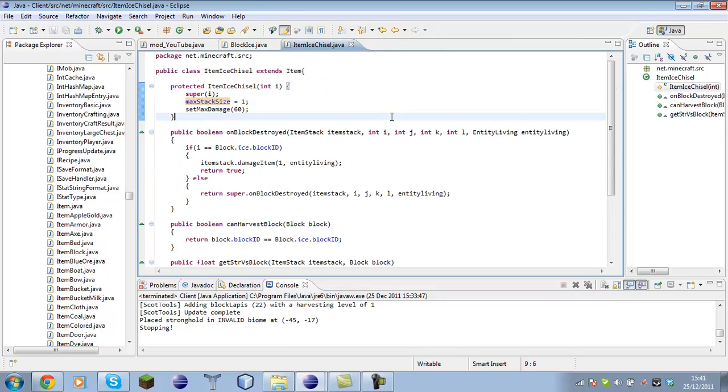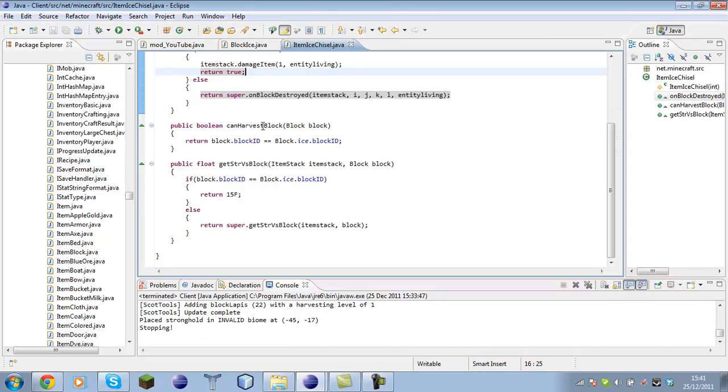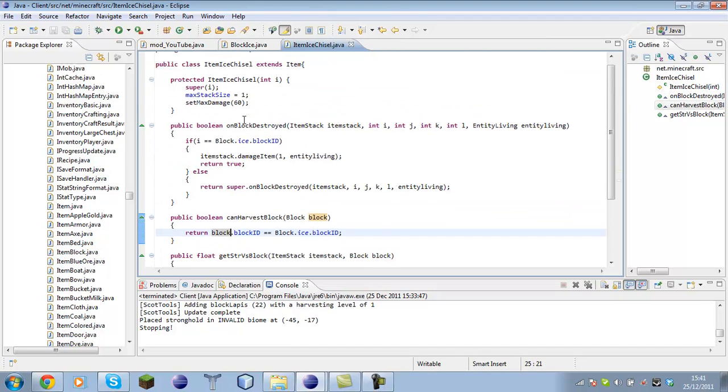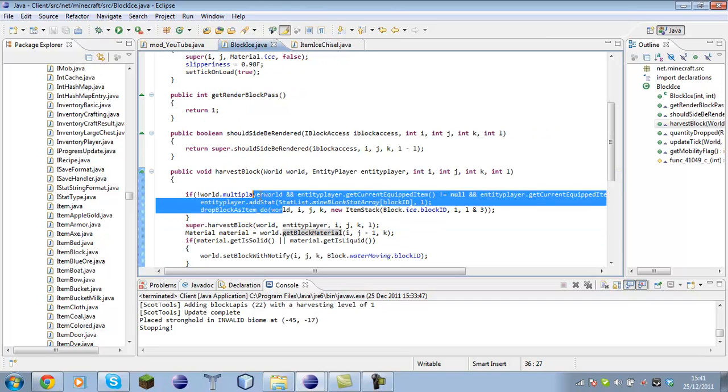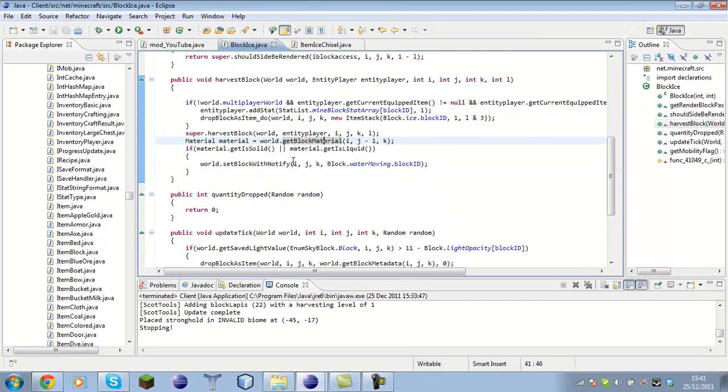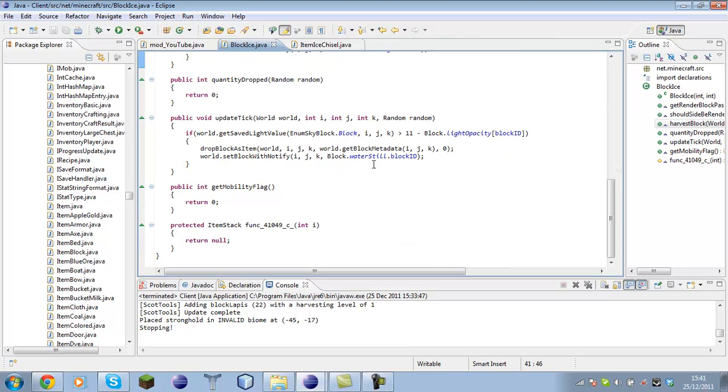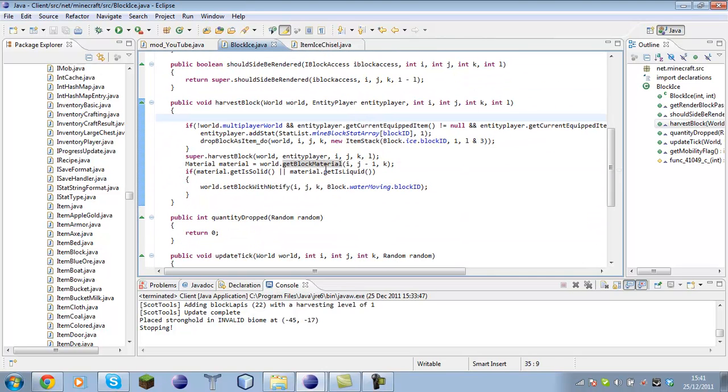So that is the end of this tutorial. We created an item that can break ice and it can harvest the ice. Unfortunately though, we had to edit the block ice class. So I hope you liked this tutorial. The next few tutorials will be on GUIs and mobs and generation. So I'll see you